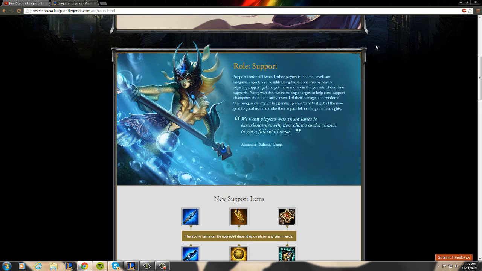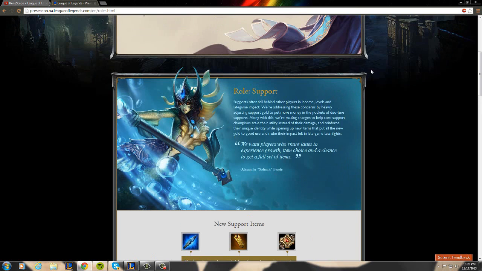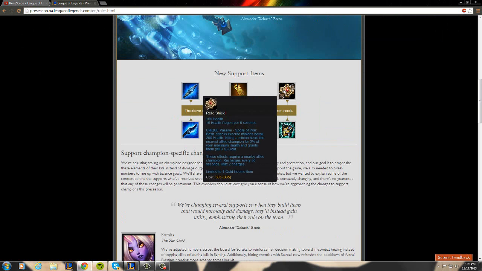Well, pretty much now, with the preseason changes rolling out, I think sometime this week actually, which I'm pretty stoked for, it's going to take the burden of warding off supports. Like I think the maximum ward count is now 3. So it's pretty much going to allow them to have more gold and to build different items that are going to help them in lane, as well as reach a better maximum potential late game, which I think is really interesting. And as you guys can see, there are new support items here: Spell Thief's Edge, Ancient Coin, Relic Shield,